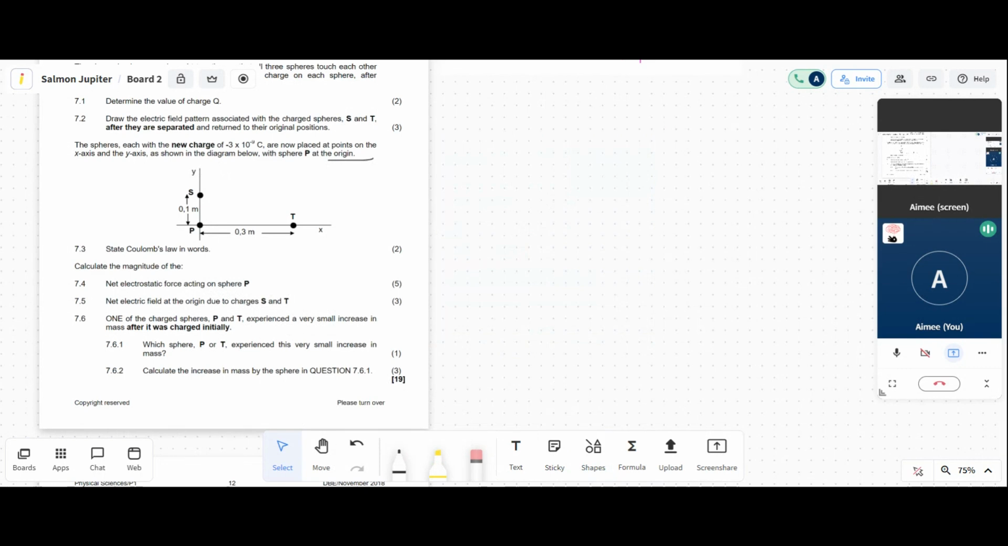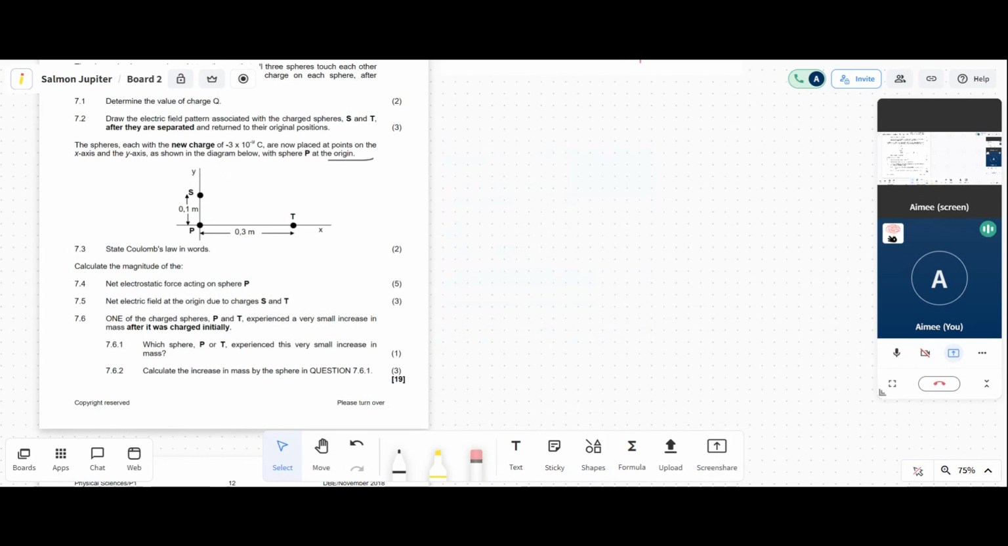So this is basically just a description of Coulomb's law formula, which is what we're going to be using now in the next section of this question. The first mathematical or calculation question says, calculate the magnitude of the net electrostatic force acting on sphere